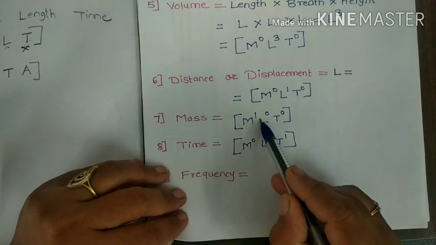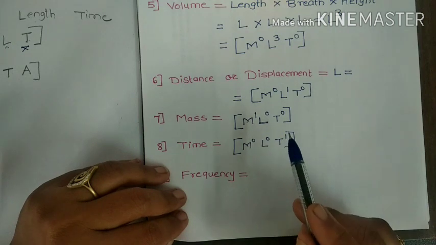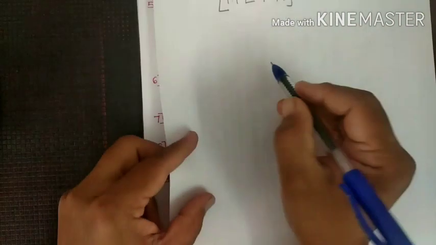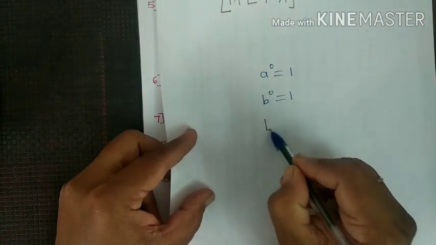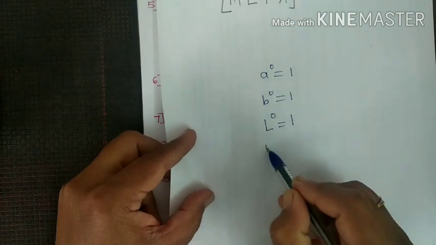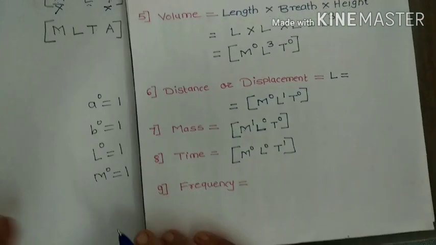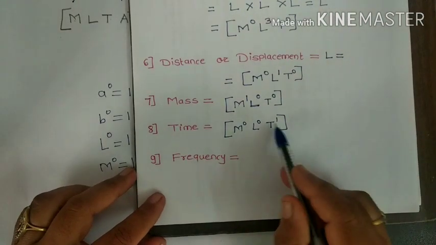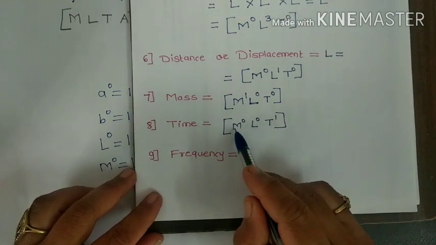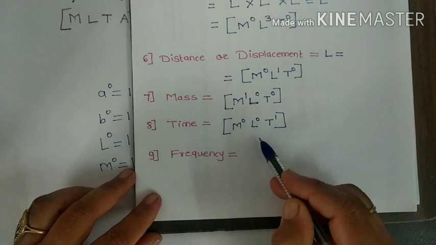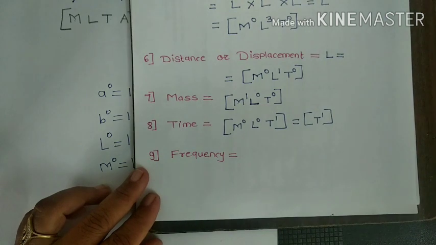है ना? आणि कोणत्याही नंबरचा raised to the power 0 that having value 1 है ना. We know that A raised to the power 0 is equal to 1. B raised to the power 0 is equal to 1. That's like L raised to the power 0 is equal to 1. M raised to the power 0 is equal to 1 है ना. मग या पॉवर जर 1 येत असतील तर तुम्हाला या डायमेन्शन्स मध्ये बाकीच्या डायमेन्शन्स मध्ये कोणत्याच प्रकारचा फरक पडत नाही. या नाही लिहिले एम रेस टू द पॉवर 0 एल रेस टू द पॉवर 0 तरी सुद्धा चालेल. तुम्ही हे या फॉर्म मध्ये जरी लिहिलं तरी सुद्धा तुमचं राईट असेल.